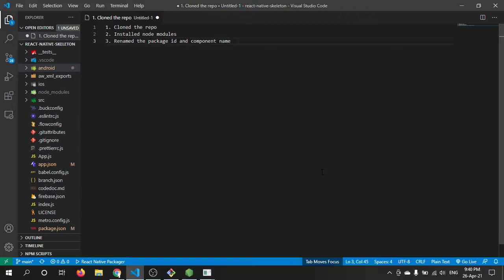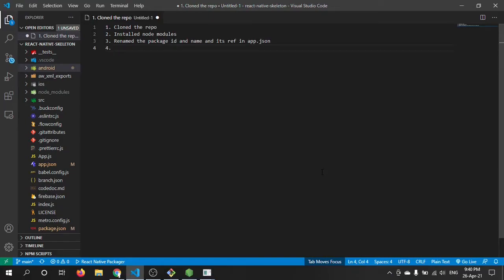Actually, this component name we replaced in app.json, so you can simply mention another package id and name and its references in the app.json file.